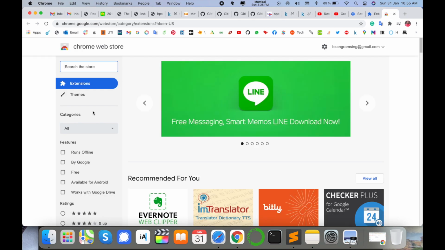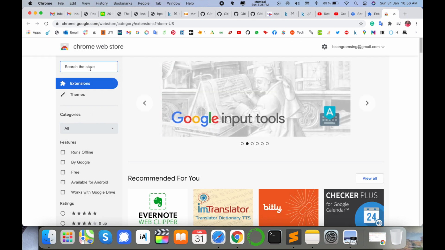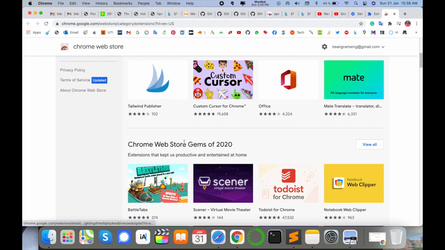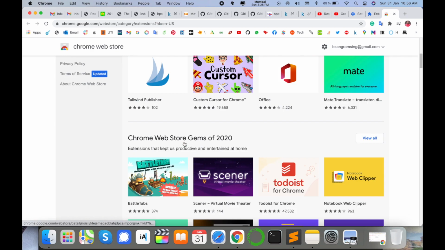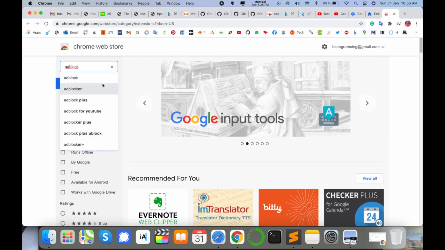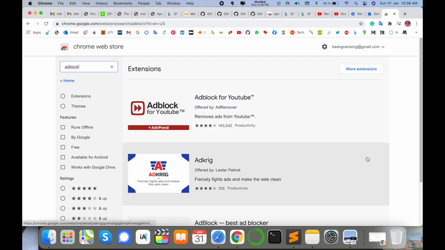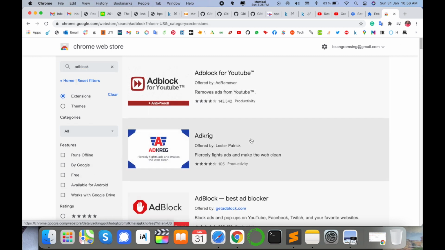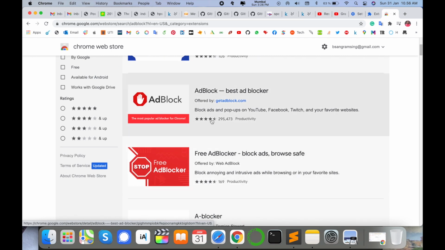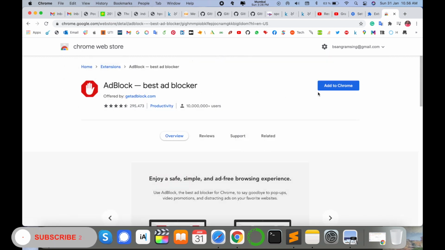So I click open Chrome Web Store and just type here. Several extensions related to Google Chrome are available. So I type here ad blocker and enter. Here several YouTube ad blocker extensions are available. So more extensions. That one is the most important ad blocker extension. I click here and add